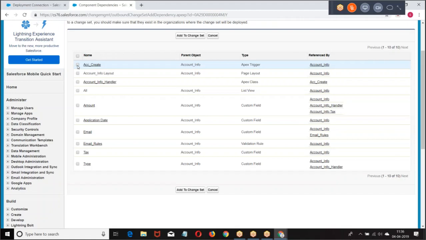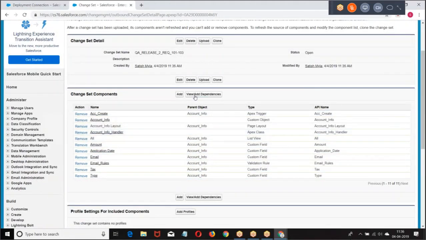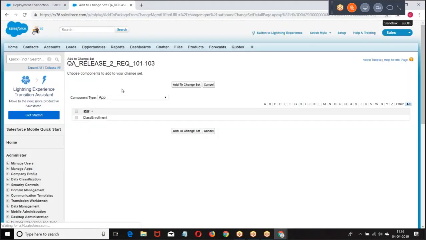Account info, trigger, page layout, Apex class, right? Every field should be added separately. So triggers, classes, everything we are going to add separately. Then add the test class.